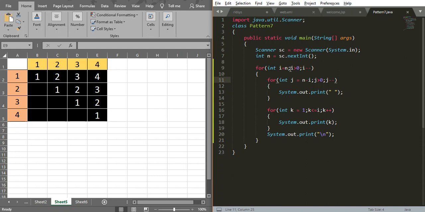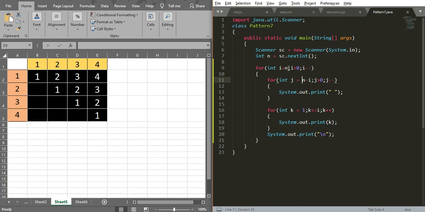Initially we don't have any spaces: n is 4, i is 4, so n minus i is 0, and 0 greater than 0 is false, so it will not run this for loop. Then k equal to 1, k less than or equal to i, so 1 to 4 will get printed.